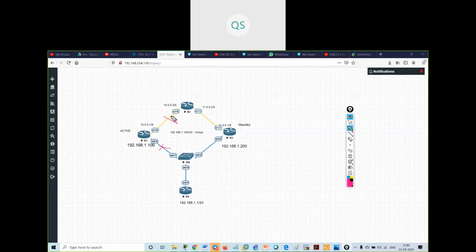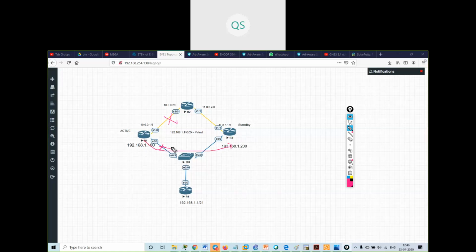This router sends a hello message to this router every 3 seconds. If this link is down, then the hello message will stop.